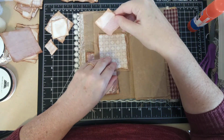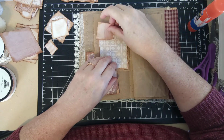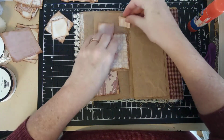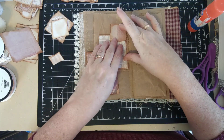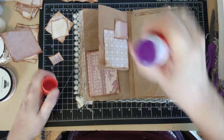There are some that are from Pennies, but for the most part they're from Pixel Scrapper. So let's do that, and then maybe this will be nice for a title for the page or something. Okay, and actually I think I'll do it like this and then have the title up there. Okay, let's see if we can